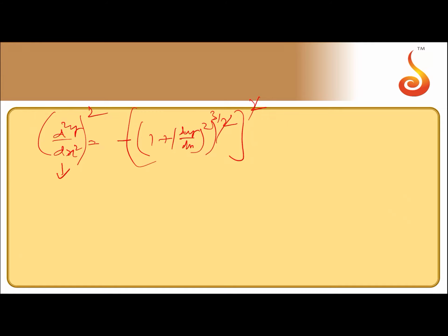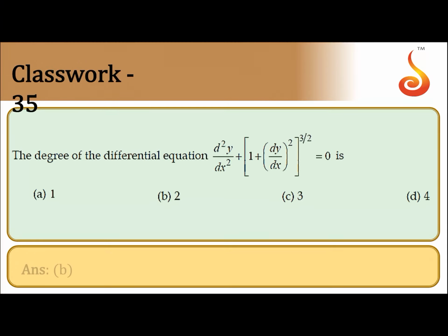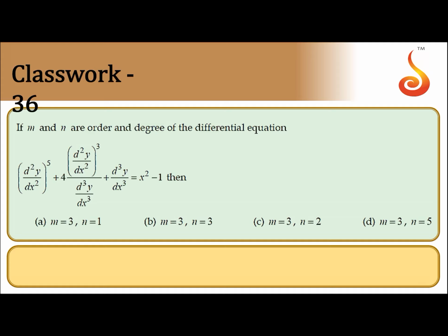Now in this differential equation, the highest order is second order, that is d square y by dx square. That exponent is 2. So the answer for this degree is 2. The answer is 2. Coming to, if m and n are the order and degree of the differential equation,